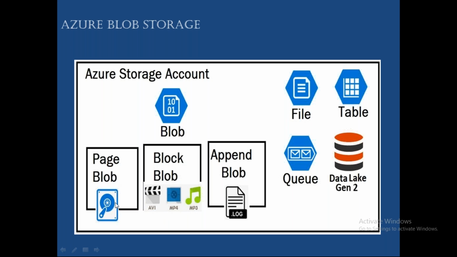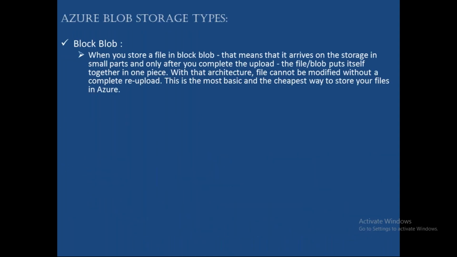Page blobs are basically for reading and writing data. Every time I want to read some data, every time I want to write some data, every time you are trying to modify, then you need to go with the page blob. For reading and writing frequently, where your goal is to read some files or write, meaning modify, some files, you need to go for the page blob. Don't worry, I have a detailed explanation of this. Let's go with block blob.